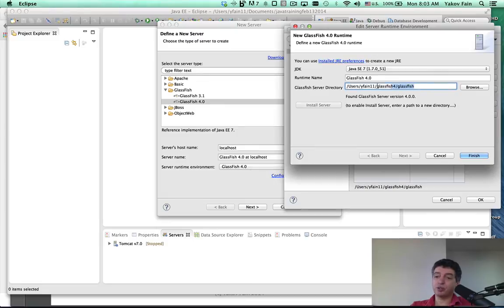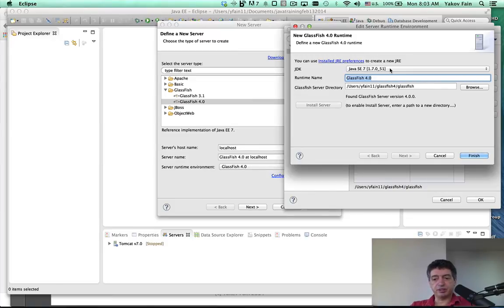It'll ask you, show me the directory where your GlassFish is unzipped or installed. So you need to point at this GlassFish. Again, reminder, not at the outer GlassFish 4, but inside there's a subdirectory GlassFish. Name it the way you want it, and choose what JDK you want to use. At the time of this writing, there is a bug. Apparently it's a bug in the Eclipse that doesn't let me specify Java 8 over here. It works fine with Java 7. So for our purposes, it doesn't matter. So maybe when you will be running this example or watching this lesson, maybe they already fixed this bug. At least I filed it